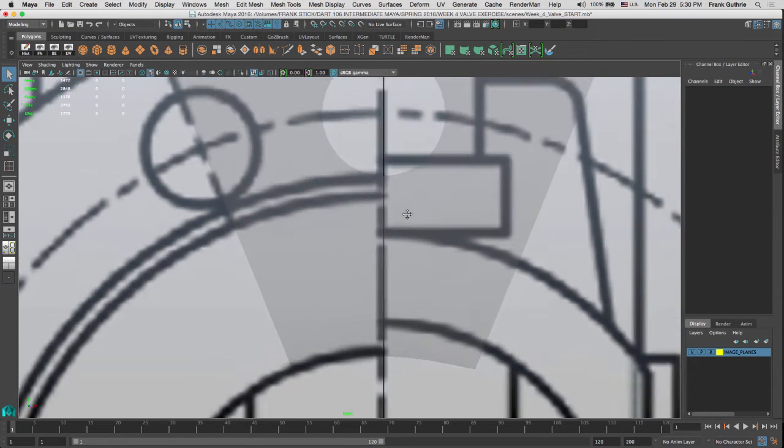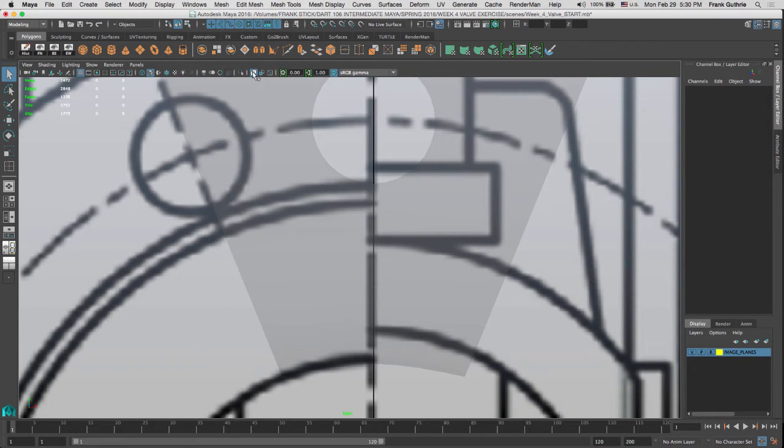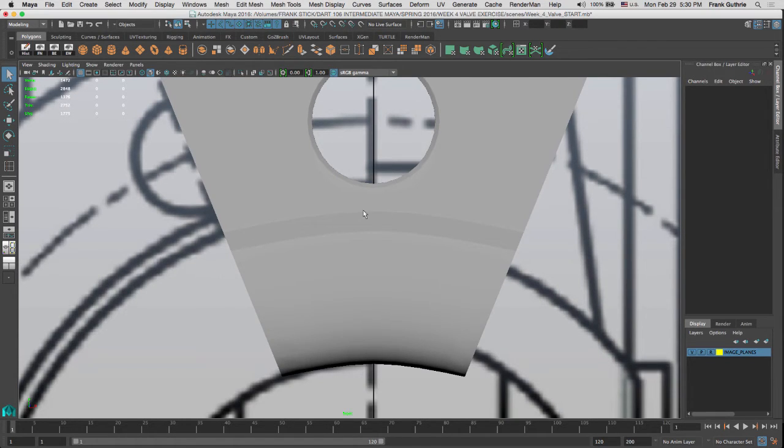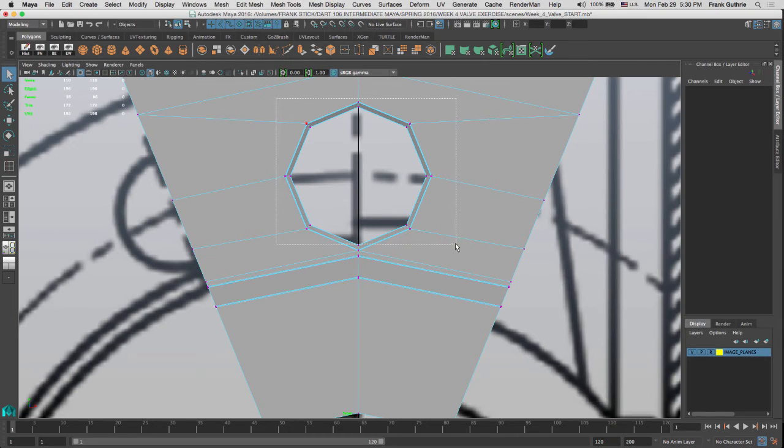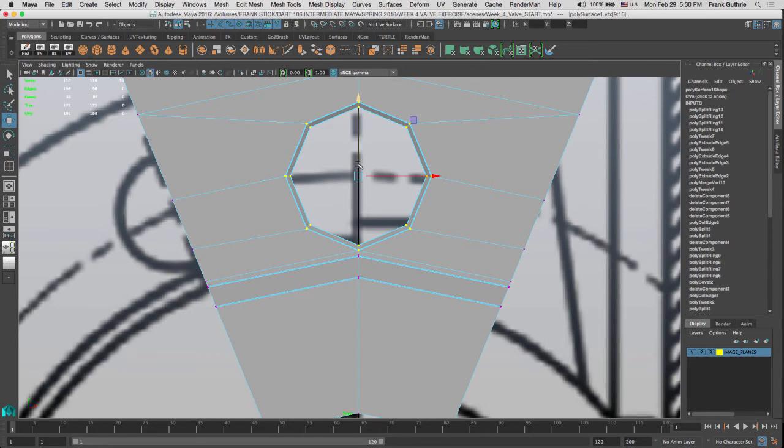As you can see right here, if I get out of X-ray mode, our bevel is right here. So we want it to be higher, and our hole could go a little bit higher. So the hole is easy. You select all the vertices that have to do with the hole, like so. And what you want to do is move them up